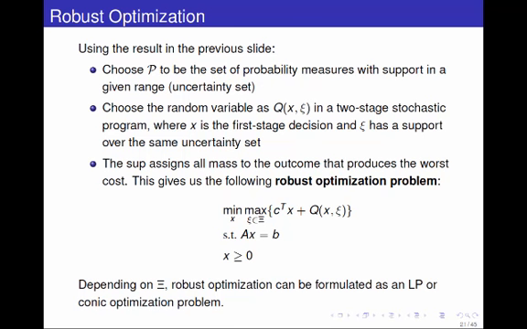What robust optimization is going to do is it's going to say, go ahead, make your first decision on how to commit your units one day in advance. Do you want them on or do you want them off? Which ones do you want on? Which ones do you want off? Then, after I see what you decided with your units, I am now nature, and I'm going to roll